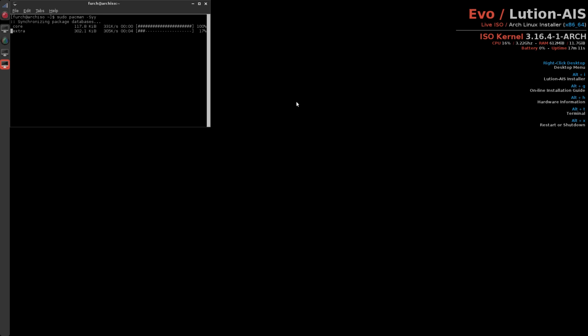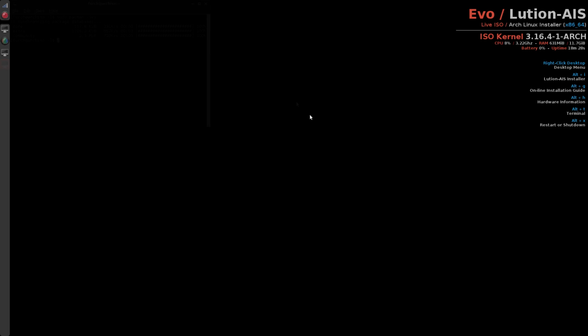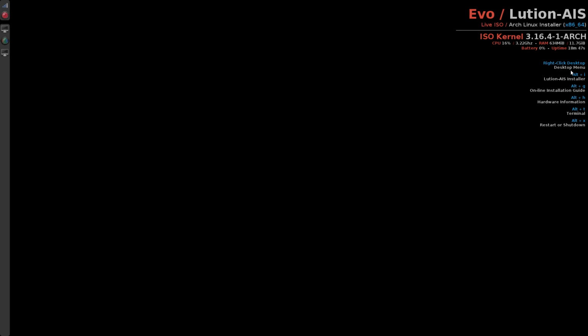Of course, once you install this, you can choose a mirror that's closer to you, but you can download from the pacman repository if you wish. Also I like the little shutdown thing you have, so Alt-X. It'll bring up this. I don't know if this is recording, but I'm just going to cancel that, of course. Okay, so if you right click on the desktop, you basically get the installer itself, the online guide we looked at, hardware information, terminal, restart, shutdown, or you can use the keyboard shortcuts,